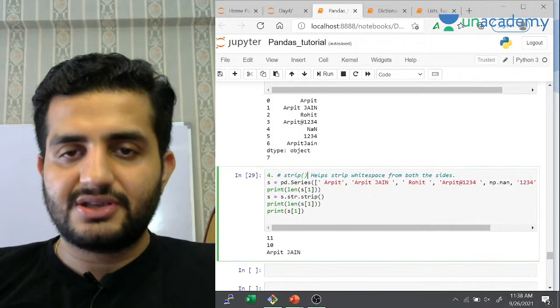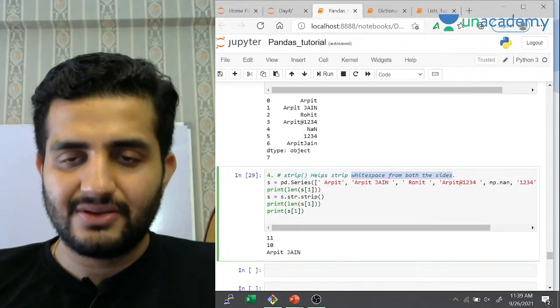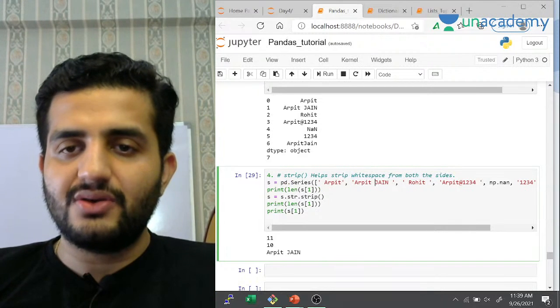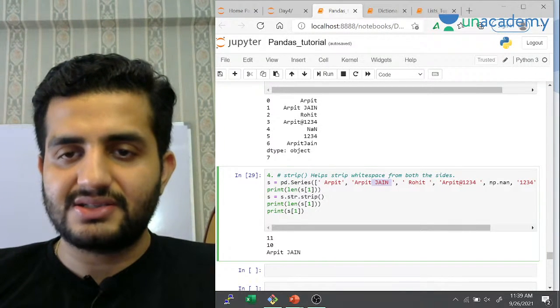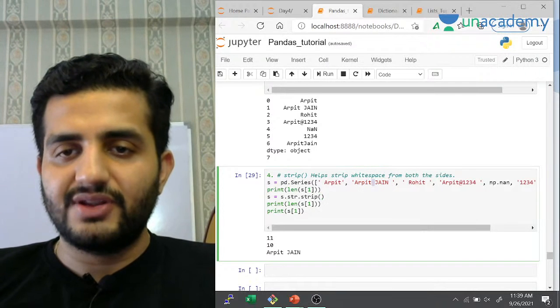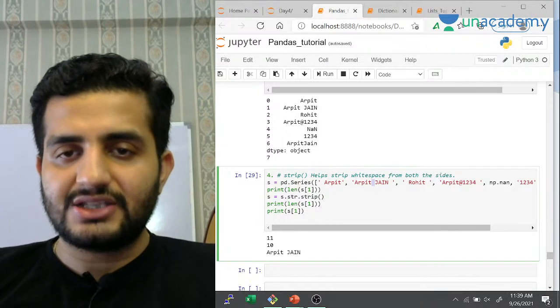Strip, you've seen this. Strip is a very good functionality to remove the white spaces from both sides only. It will not remove the spacing within your strings. In this example, I have an unwanted space at the end, and a space between the two strings which is wanted, and I do not want it removed. That's where strip comes in.